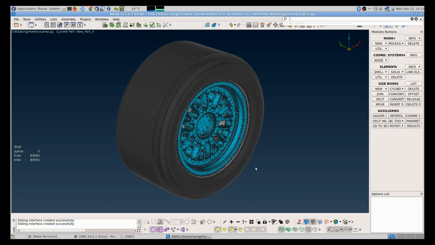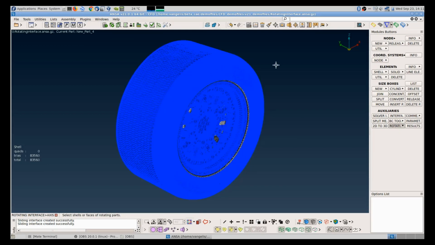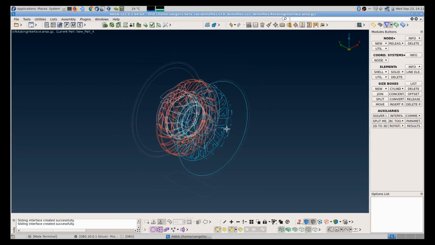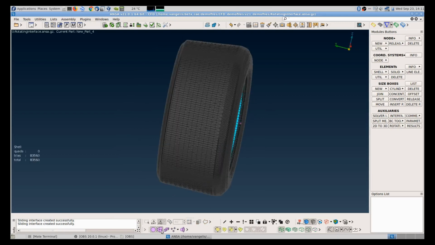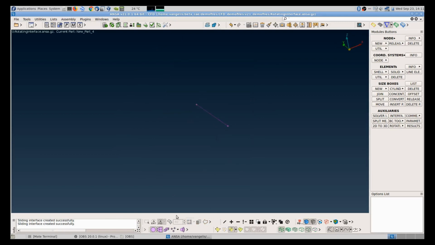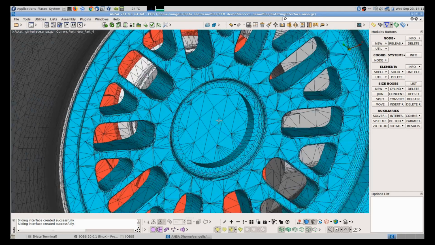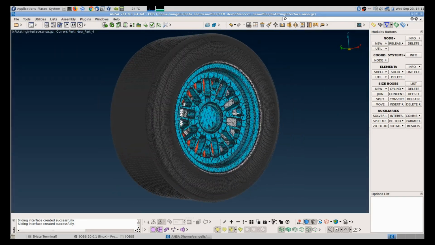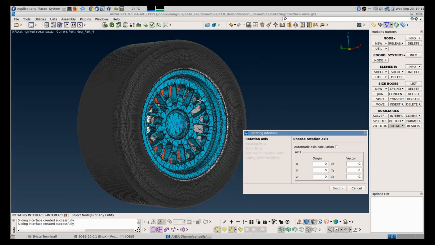Okay, for the next demonstration I would like to show you the function in CFD Decks Auxiliaries Rotating Interface. First of all, we have a new option called axis. In case you do not have the axis of rotation, you can select, for example, a PID. Take this wheel or that, middle mouse, and ANSA will automatically create a 3D curve that is the axis of rotation of your wheel, right? It passes through the center. This function is also included in the actual function that will create the rotating interface.